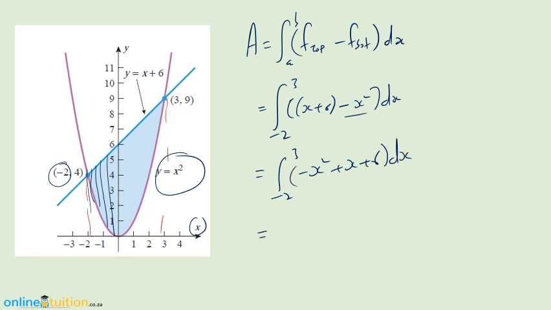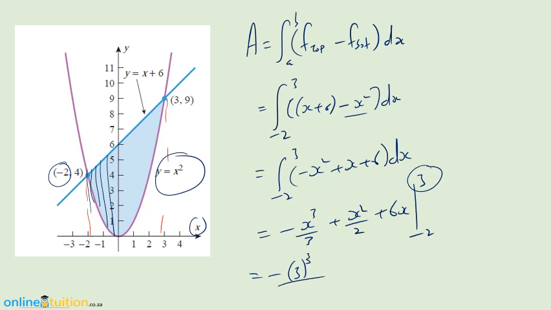dx. The integral of minus x squared is minus x cubed over 3. The integral of x, nicely done, is x squared over 2. The integral of 6 is 6x, from minus 2 to 3. And now evaluate at the top bound. So minus